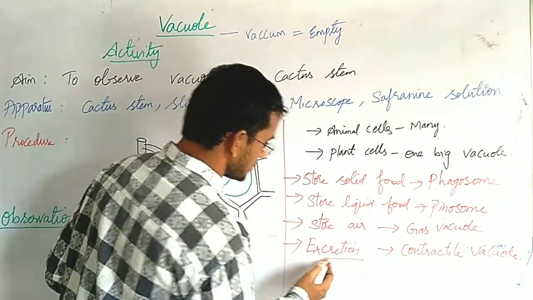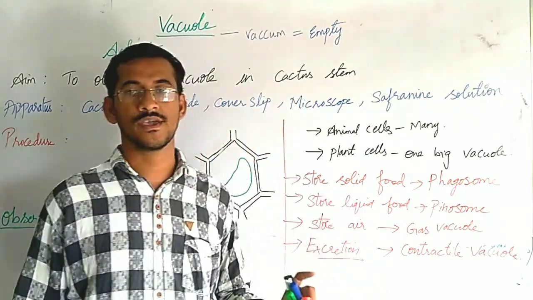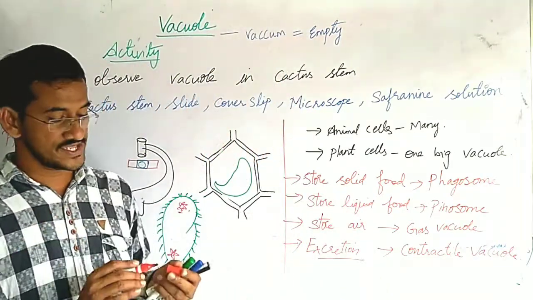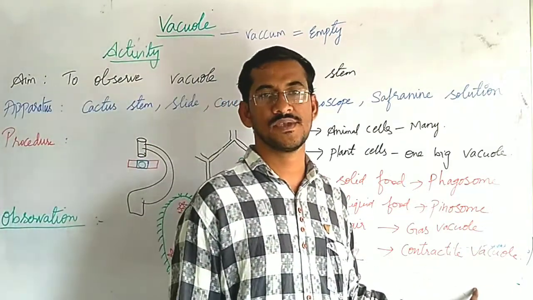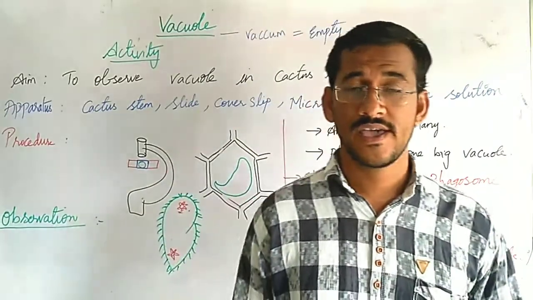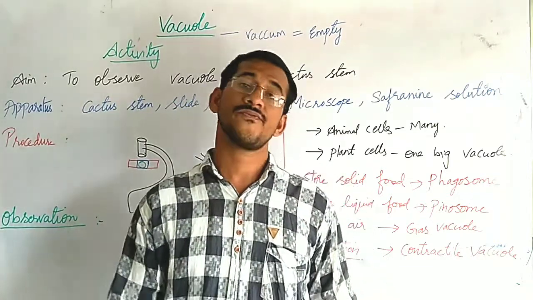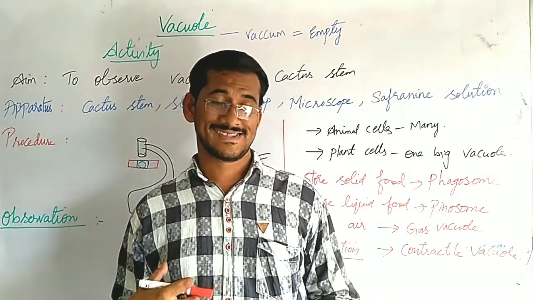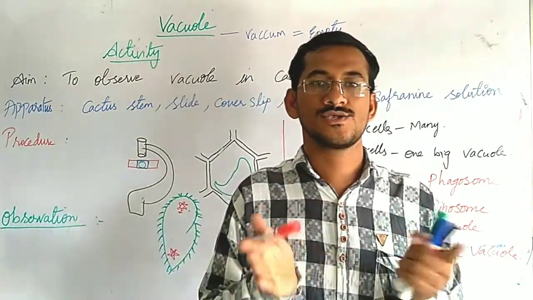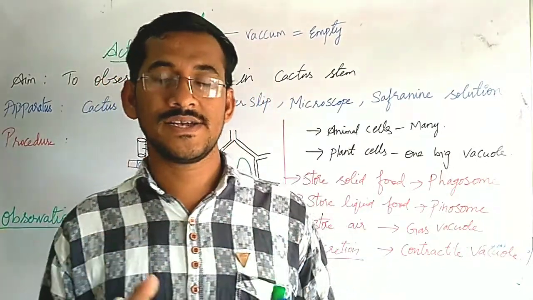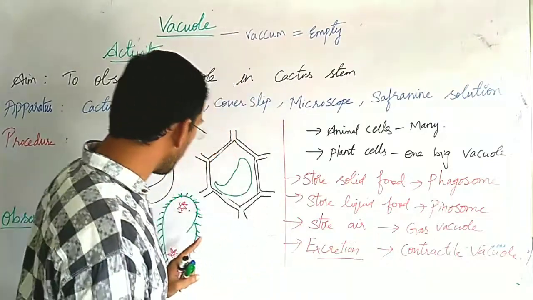They help in excretion. What is excretion? Removal of waste material from the cell, from the body. So they help in removing the waste material, and they also help in osmoregulation. What does osmoregulation mean? Suppose extra water, extra salt is present in our body, that will be removed. And if our body lacks water and salts, they will be absorbed. So they maintain the salt and water content in our body. For balancing the water and salt content in the body, they help.